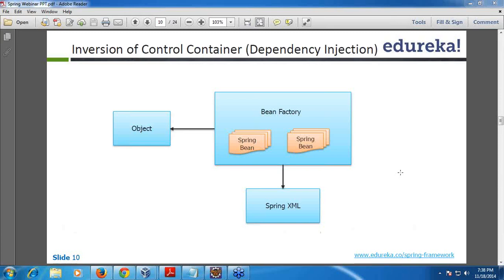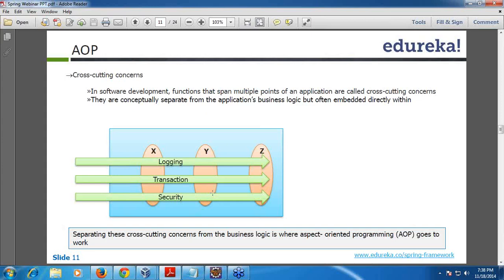We have two interfaces, or containers: one is the bean factory, and the other is the application context. I'll also explain these containers again as I go, and then you will definitely understand.